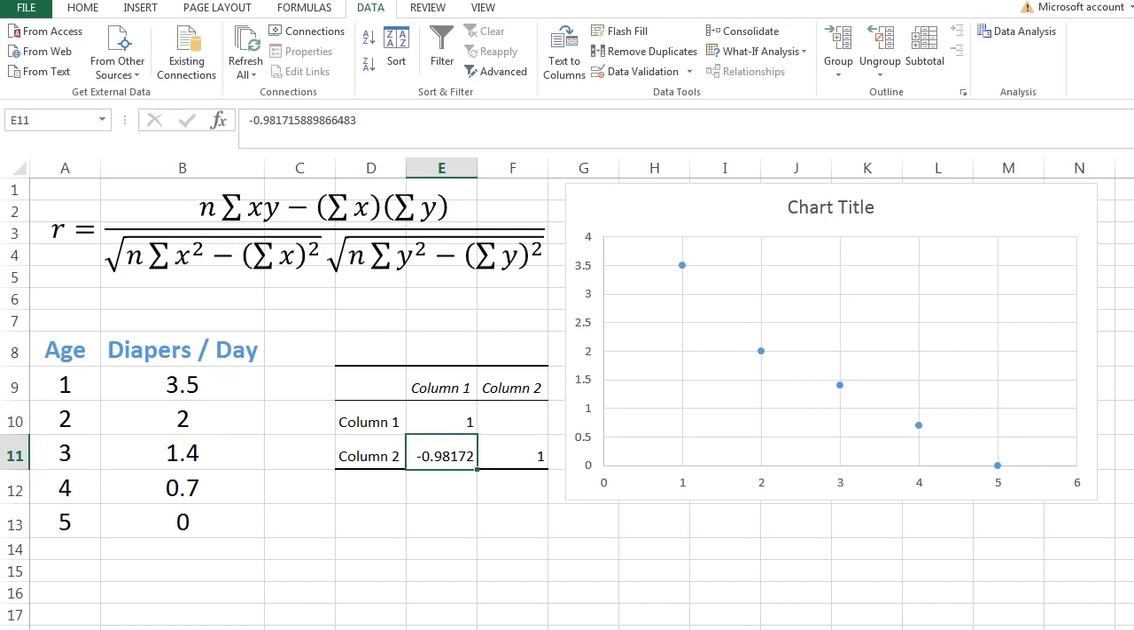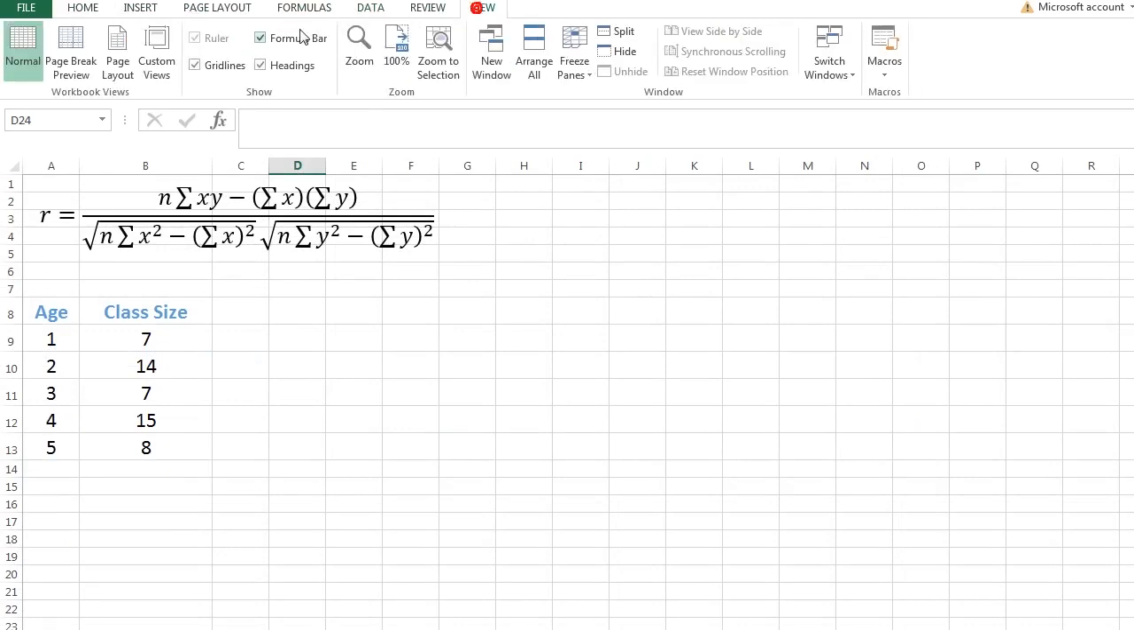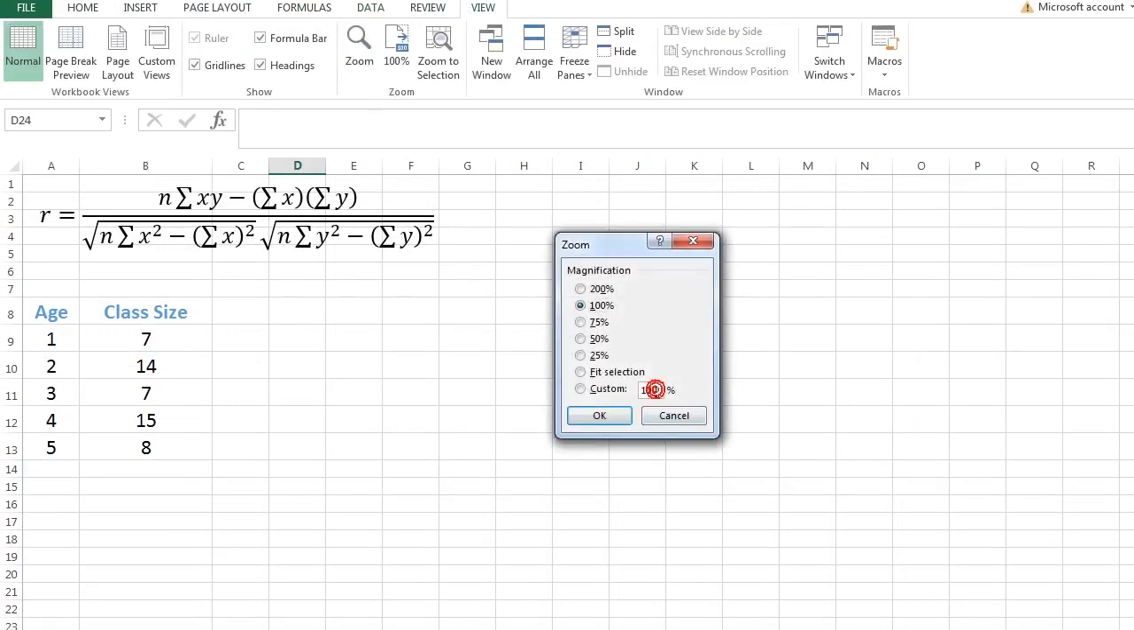All right. Now let's go to the next set of data that we have, and we're going to go ahead and zoom in here. So let me go to View, Zoom. I'll just kick it up a little bit just to